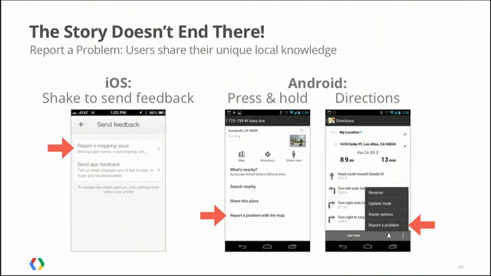You can also do this on mobile. On iOS, if you have the Google Maps app, at any point in the app, you just shake it, and it vibrates and pops up a little, hey, do you want to send some feedback? And one of those feedback flows allows you to submit map data corrections the same way that desktop does. On Android, you can press and hold anywhere on the map and basically bring up a location pin, and then there's a report a problem link from there. Or in driving directions, the little more menu has a report a problem link. So you can tell us that you can't turn left here, or you can turn left here. Why isn't Google suggesting it?